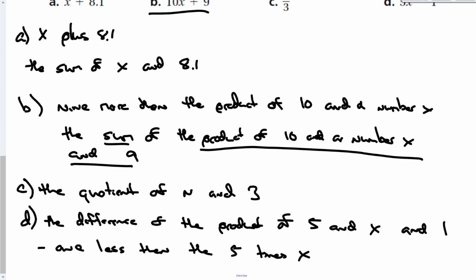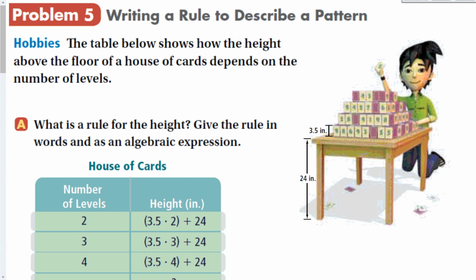So let's finish this up with seeing how we can use words or algebraic expressions to write mathematical rules that describe some sort of real-life pattern in this word problem. So problem 5, we're going to write a rule to describe some sort of pattern. So the table below shows how the height above the floor of a house of cards depends on the number